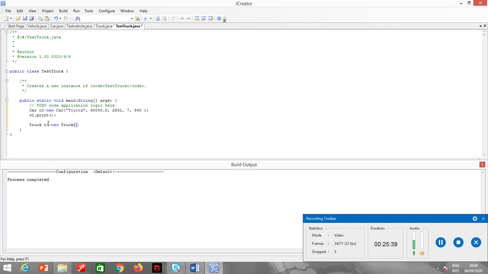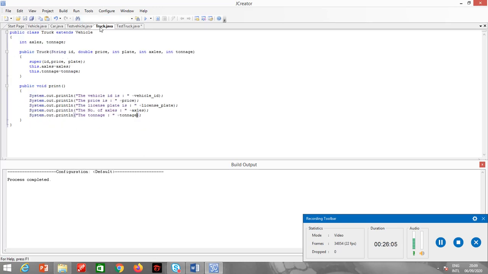So the first three will remain the same. Let me just write it BMW. Okay, 80,000, 1111. This is license plate, and the last one is the number of axles, which is 8, and last one is the tonnage, which is, I write it 50,000.